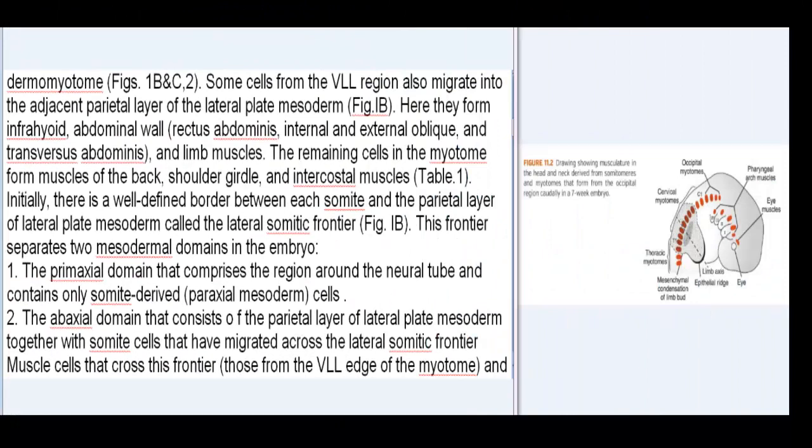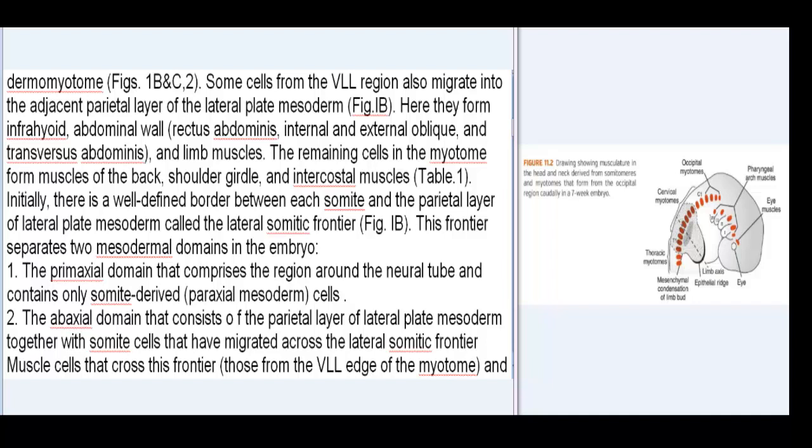Some cells from the VLL region also migrate into the adjacent parietal layer of the lateral plate mesoderm, Fig. 1B. Here they form infrahyoid, abdominal wall, rectus abdominis, internal and external oblique, and transversus abdominis, and limb muscles. The remaining cells in the myotome form muscles of the back, shoulder girdle, and intercostal muscles, Table 11.1. Initially, there is a well-defined border between each somite and the parietal layer of lateral plate mesoderm called the lateral somitic frontier,